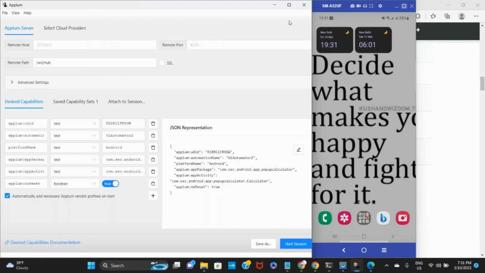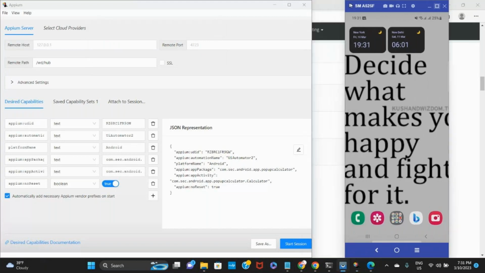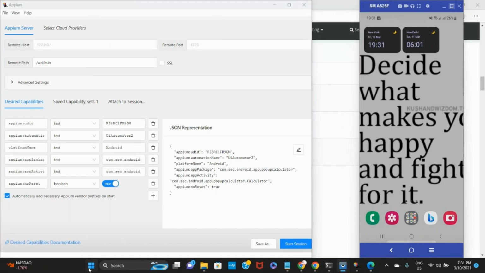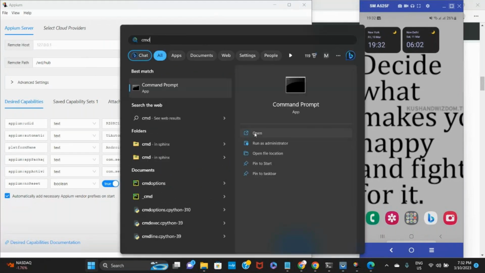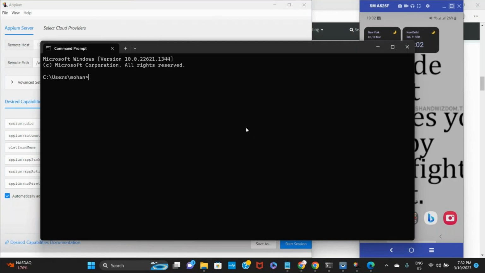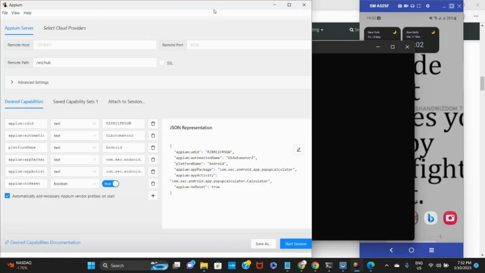the app getting launched on your real mobile device. Okay, so the reason is we haven't started Appium yet, so let us start Appium so that we can actually see this. When you launch Appium, you have your setup ready, inspector is ready, Appium server is ready, and real mobile device is ready, and we have done all the setup that is required on the mobile device. And by executing the command adb devices, you could also see the UDID of your real mobile device. So the moment I click on start session,